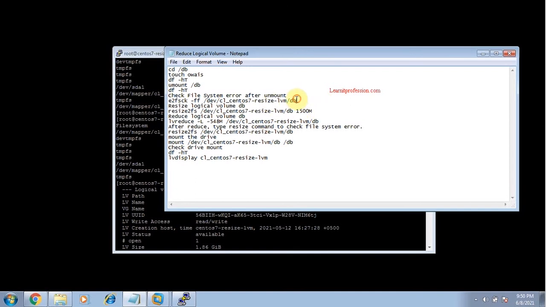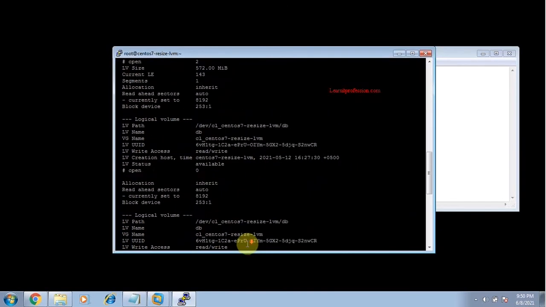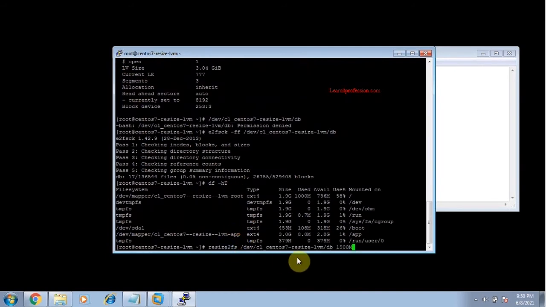After checking the errors, type the resize command for the logical volume db. The command is resize2fs /dev/cl_CentOS7-resize-lvm/db 1500M.